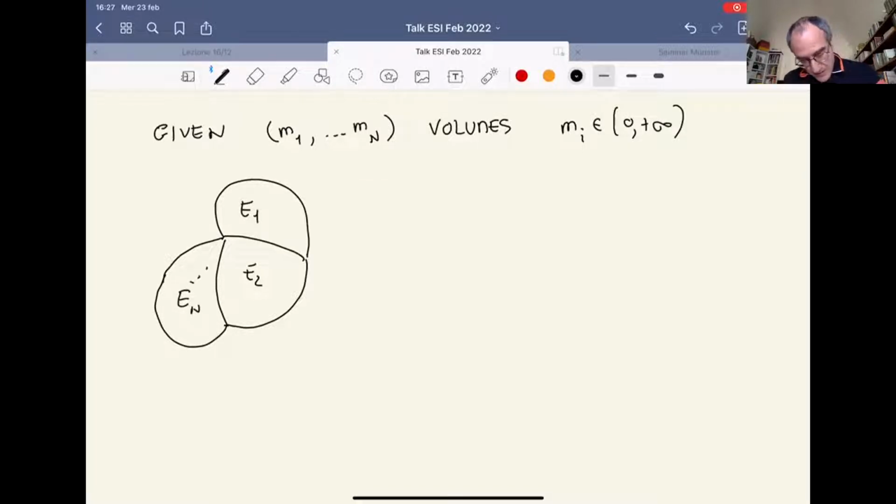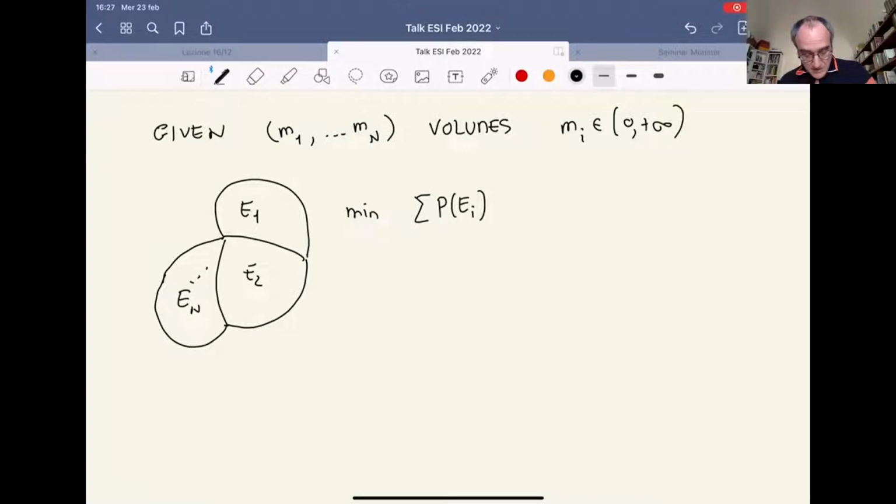We look for a minimizer of the perimeter of the n chambers, under the condition that each chamber has volume Mi. So if you want to write it, it's the minimizer of the sum of the perimeter of each chamber,